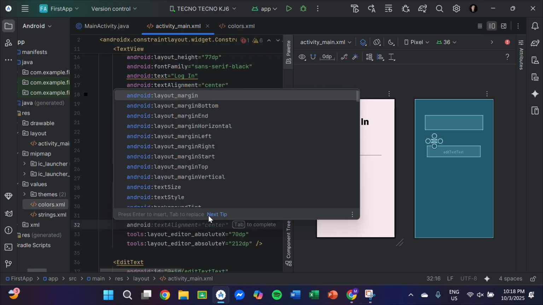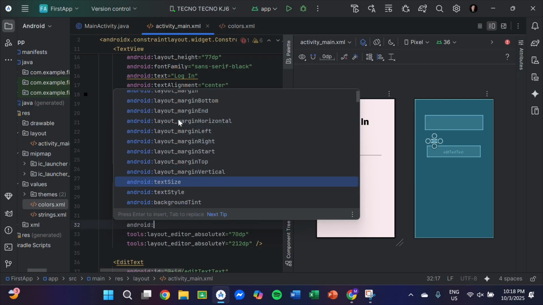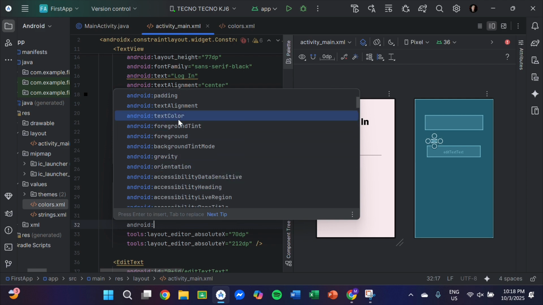So in Android, it offers autocode completion, which shows a dropdown list of possible attributes. For example, I type Android colon, and then Android gives some of its attributes for autocode completion.